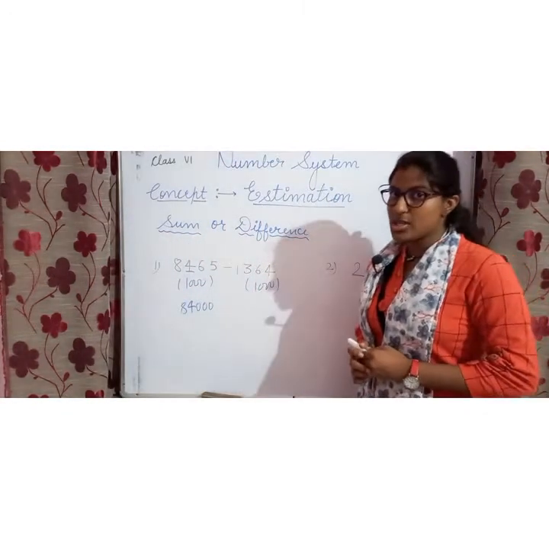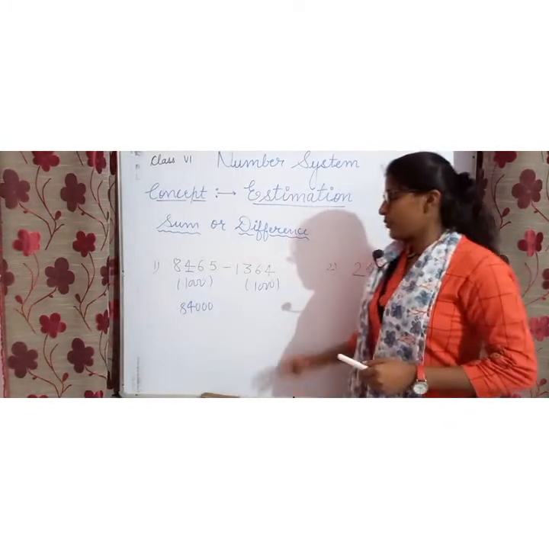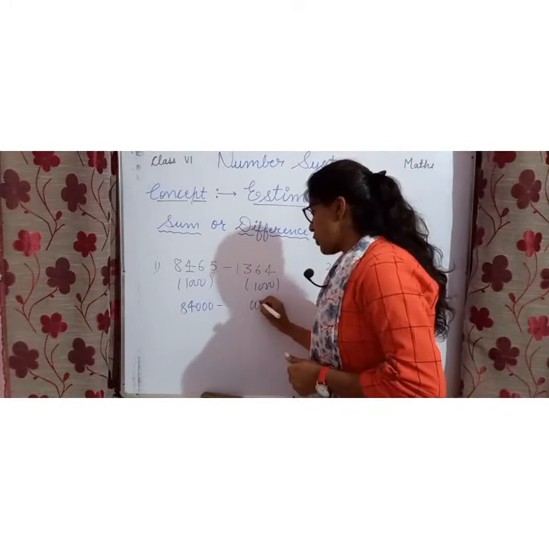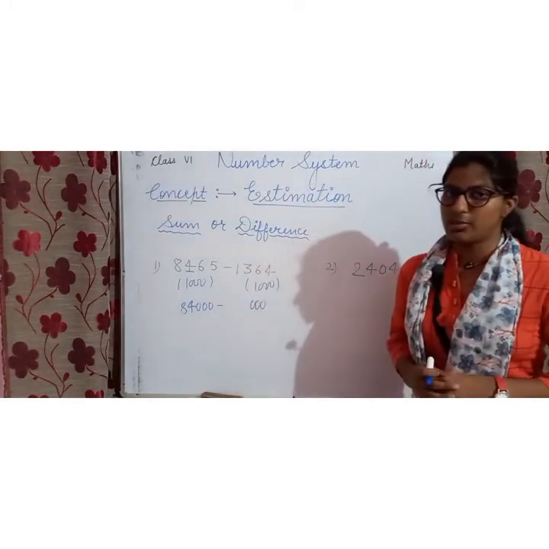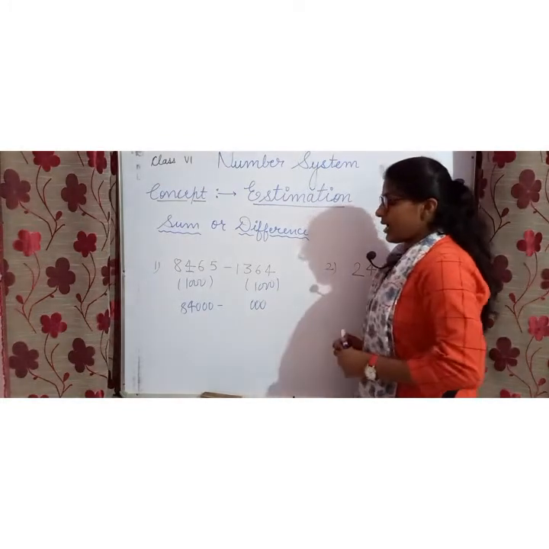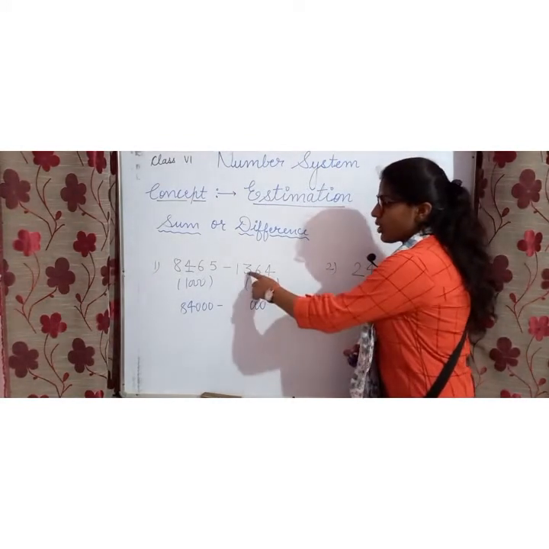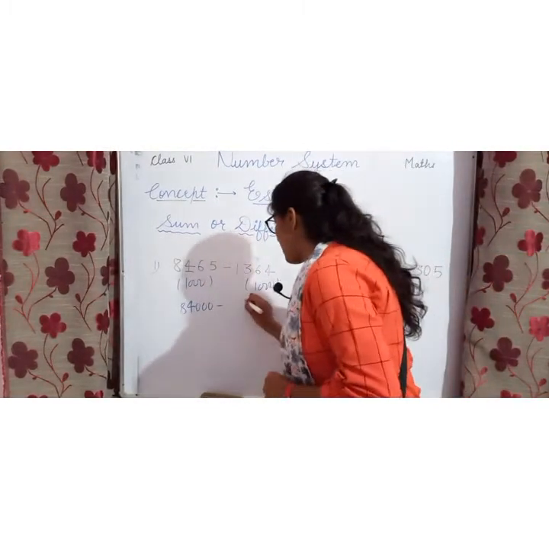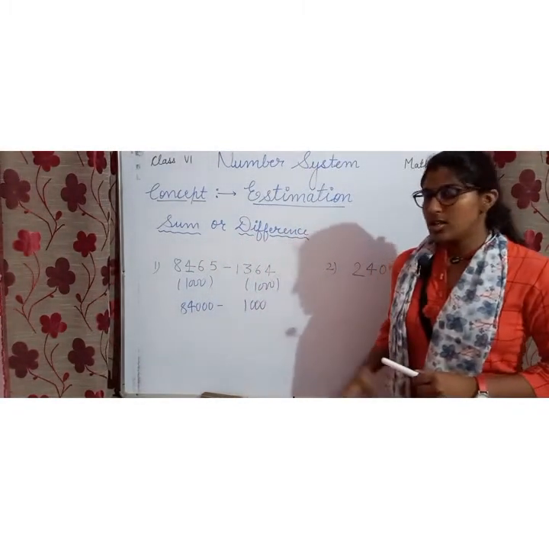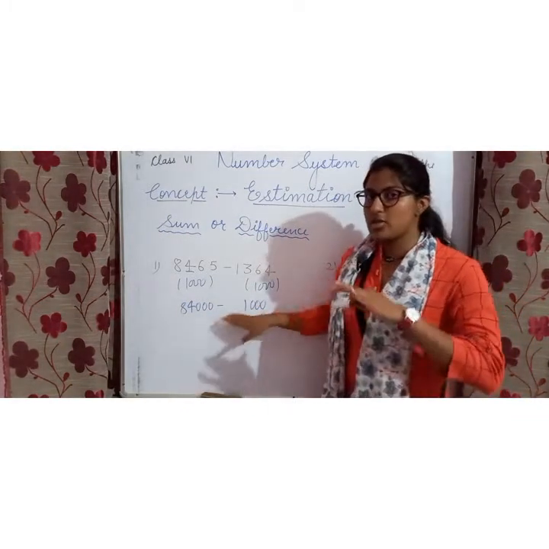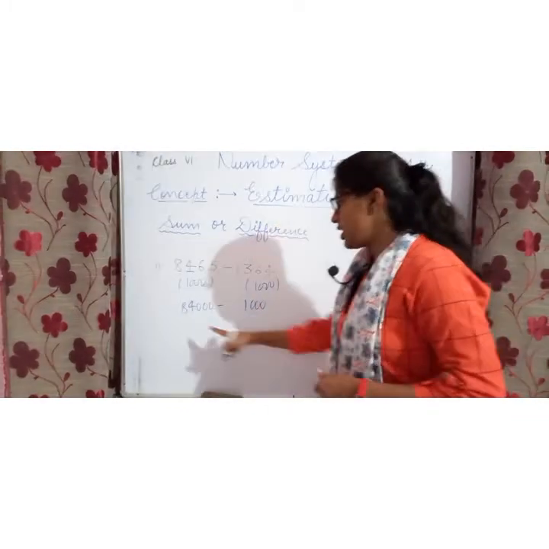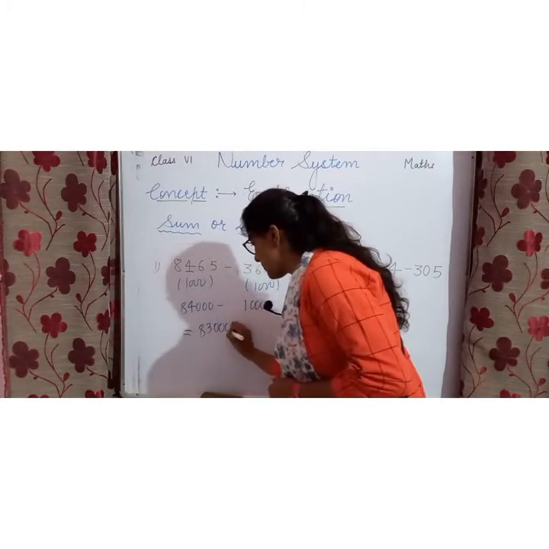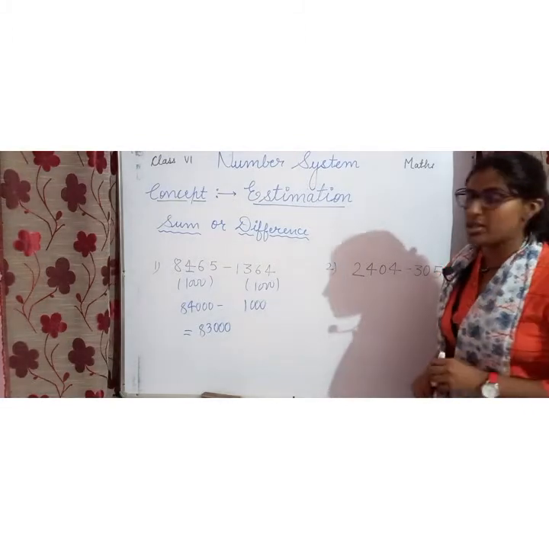I am using here the rounding off concept of 1000. Now, see here, rounded off to the nearest 1000. Again, put 0 at the ones, tens and 100 place. You can see at the 100 place you have 3. This is also lesser than 5, so no need to make any kind of changes. We are putting 1 as it is. Clear? After rounding off, we will subtract it. 84,000 minus 1,000 is what? 83,000.